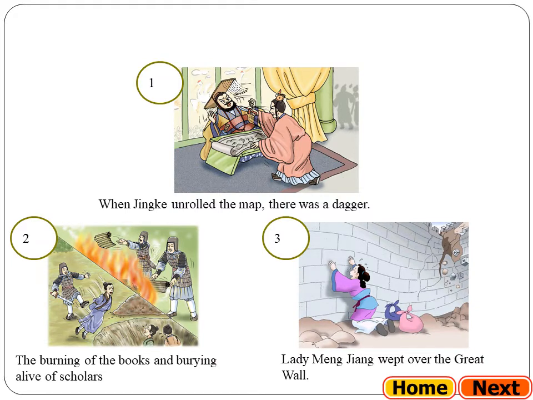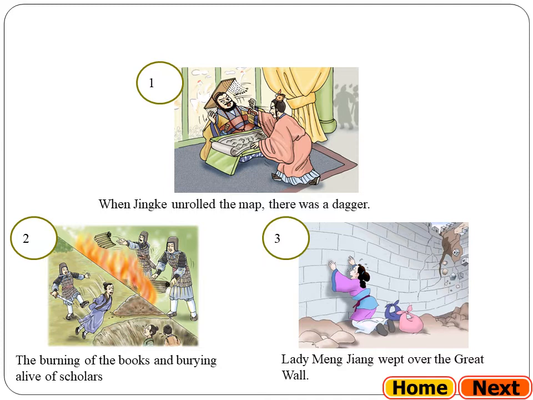From our first lesson, we learned how Qin Shi Huang treated his people and how he ruled his empire. Now, if you look at picture number 2, you can see that the soldiers are burning books and burying all the scholars alive. Now we know the reason why he did that: he didn't want the people to remember him as a cruel leader. He wanted everyone to remember him as a very good leader,